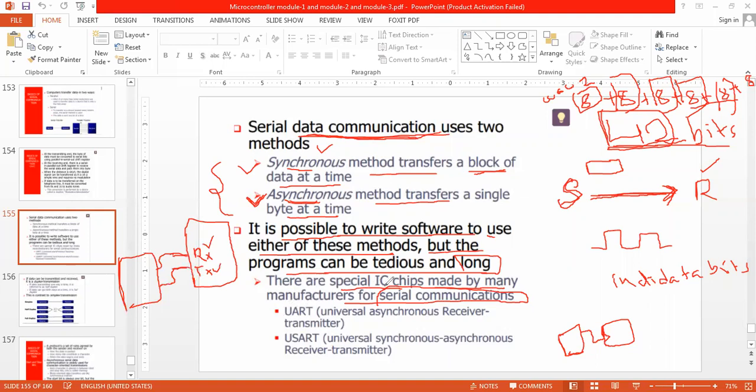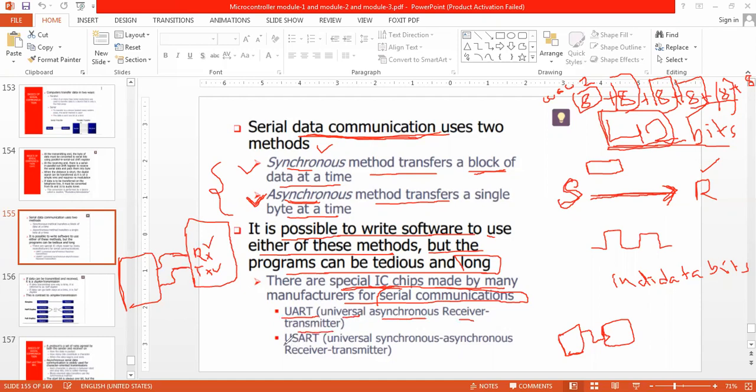To make communication between two devices, we have different special ICs. One is UART, universal asynchronous receiver and transmitter.